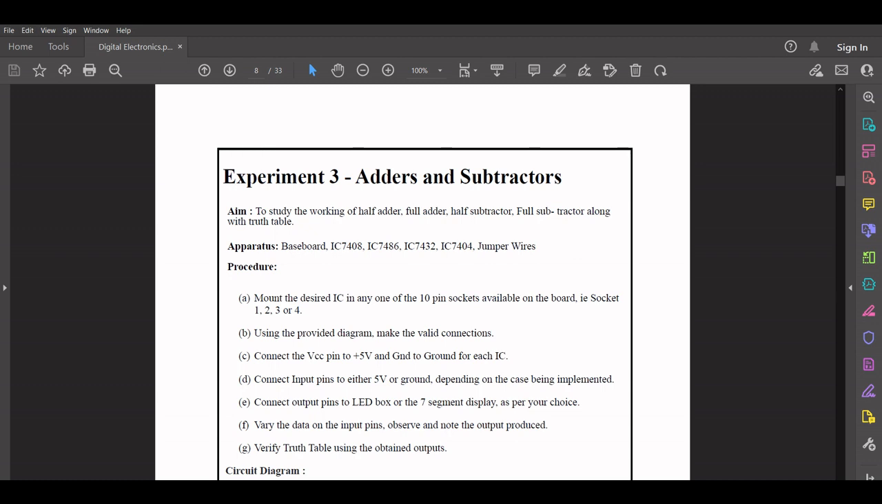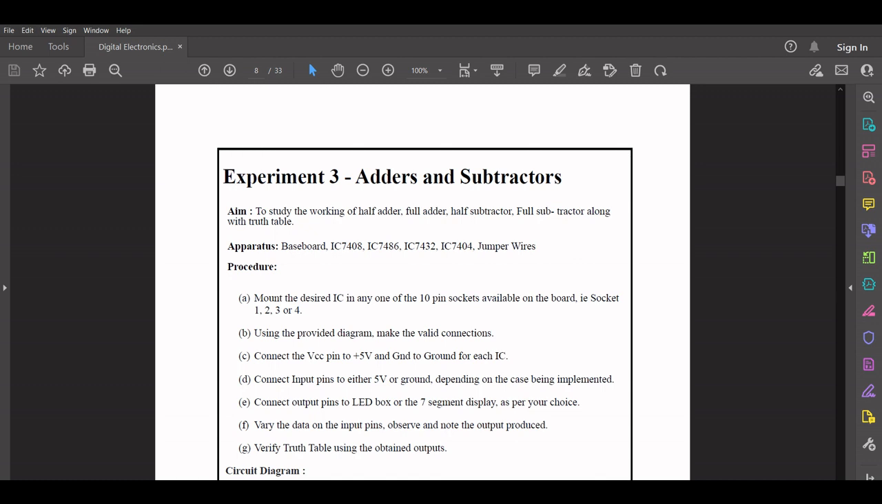In this video, we'll start with the third experiment of digital electronics, that is the use of adders and subtractors. So the aim of this experiment is to study the working of half adder, full adder, half subtractor and full subtractor along with the truth table. So adders and subtractors are very commonly used in digital circuits. Simply put, adders are used for adding two or more bits and subtractors are used for subtracting two or more